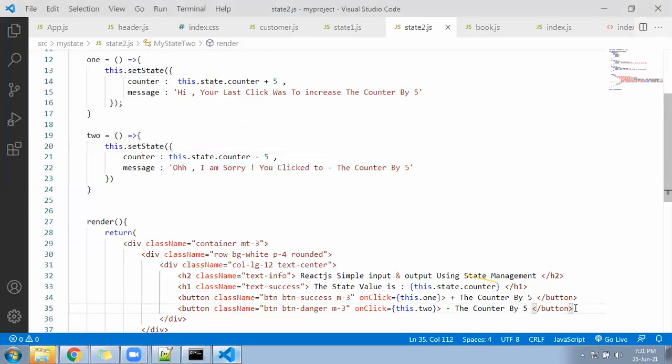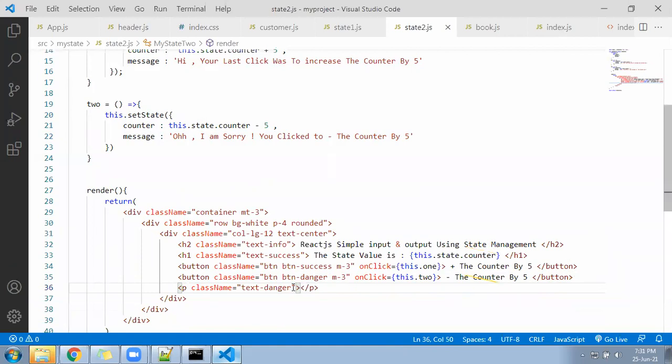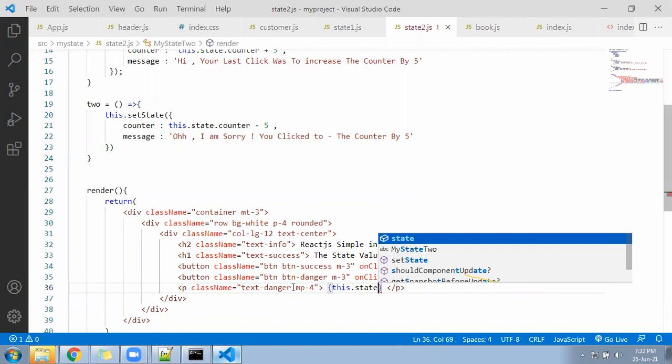Write a paragraph. Inside the paragraph, keep className equal to text-danger, and m-4 you can write. There will be a gap from all sides.